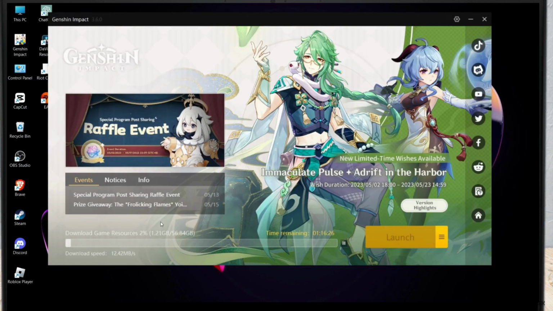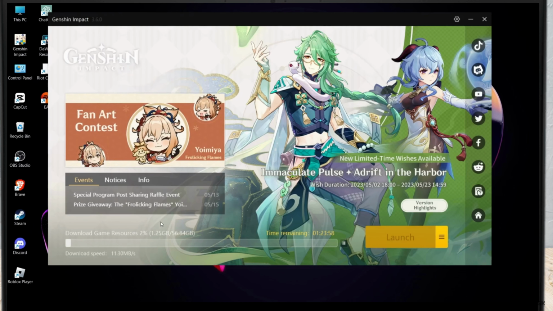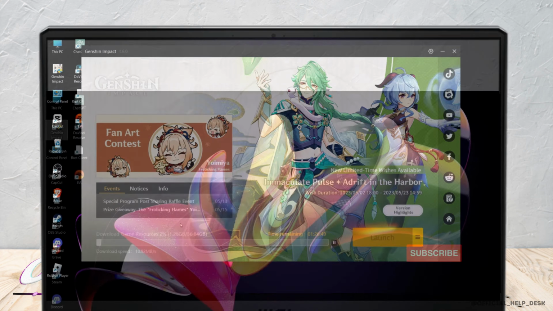It requires 57 gigabytes on your storage, so make sure that you have enough storage on your drive and you can enjoy the game from now on. So this is how you install